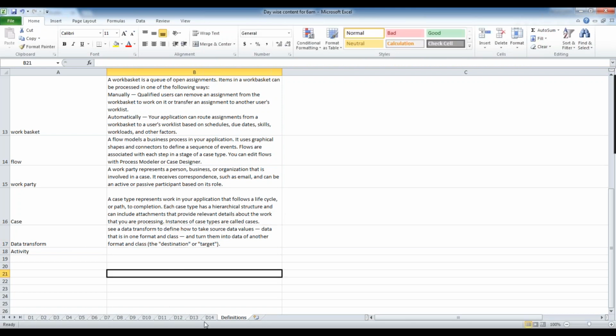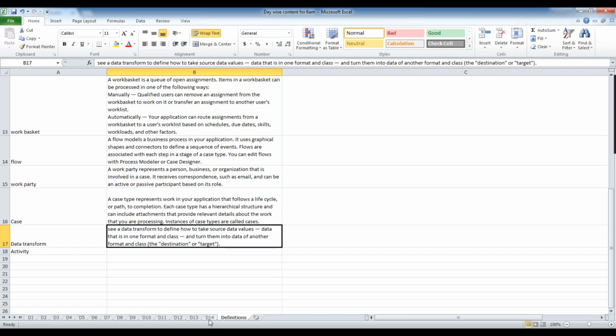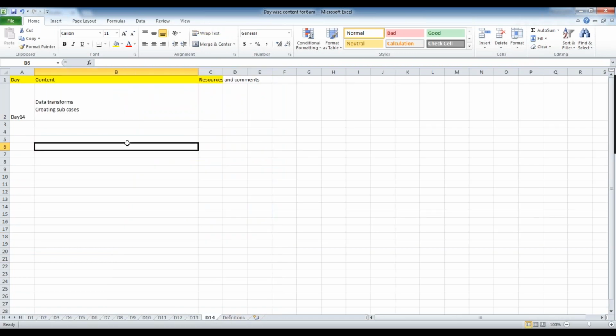This is a high-level definition, but what is actually happening is that data transforms will work only once the data is available on the clipboard. If the data is not available, we cannot get it using data transforms. But once the data is available on the clipboard, meaning in memory, whatever you want to do, it may be formatting, it may be business logic, it may be anything, you can achieve it using a data transform. But a data transform cannot get the data from some other source and keep it in the clipboard. If by some other rules the data is available on the clipboard, then you can use data transforms to do anything.